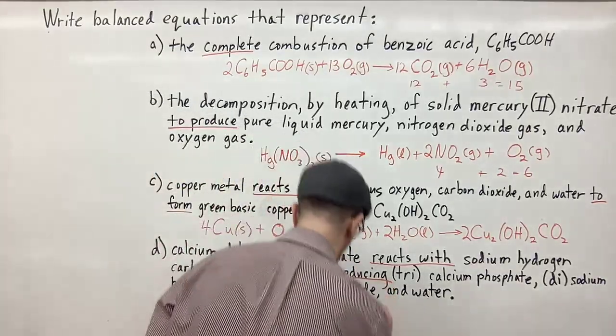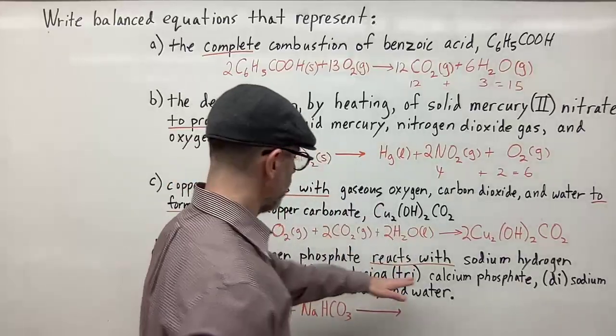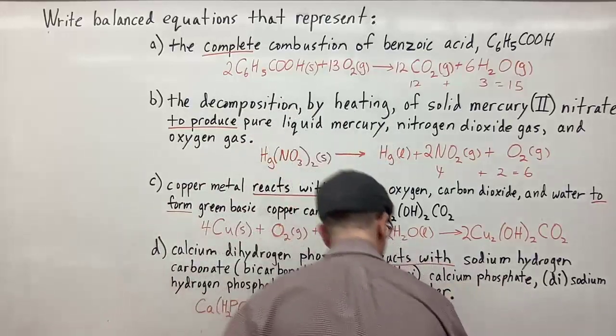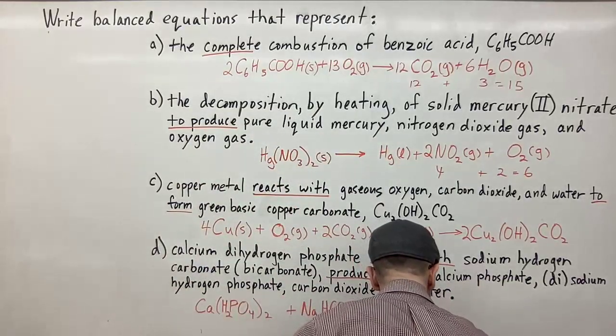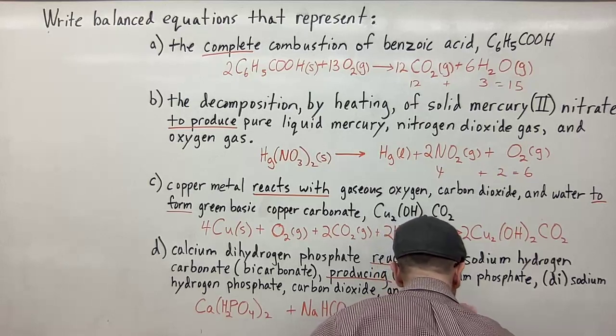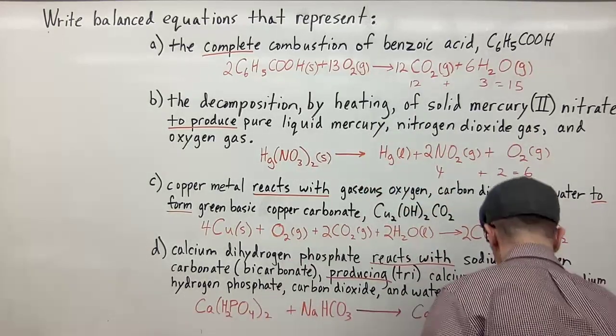So that's going to form what? Tricalcium phosphate, or just calcium phosphate. And the formula for calcium phosphate is Ca3(PO4)2, plus